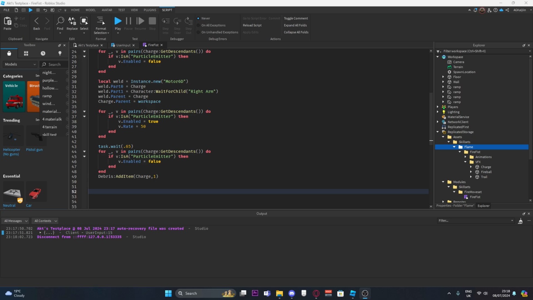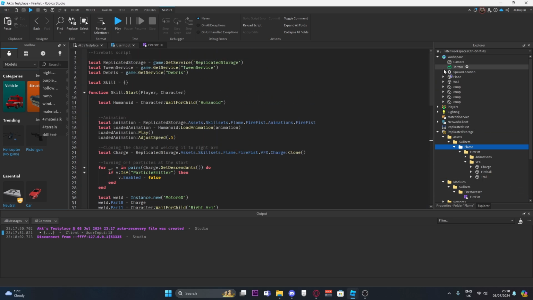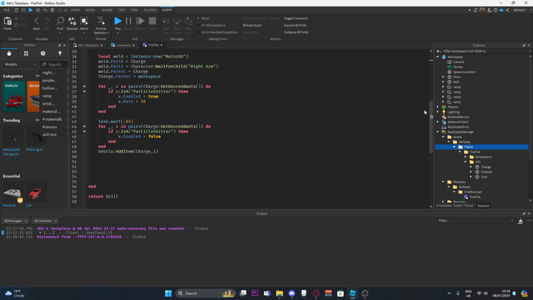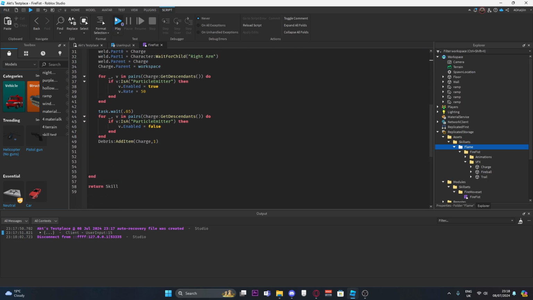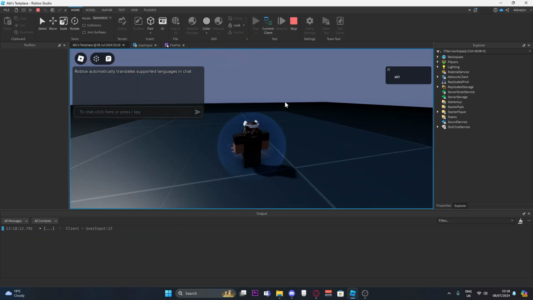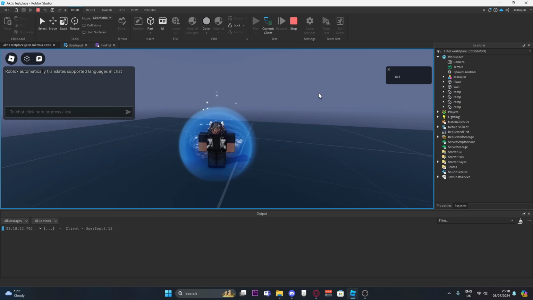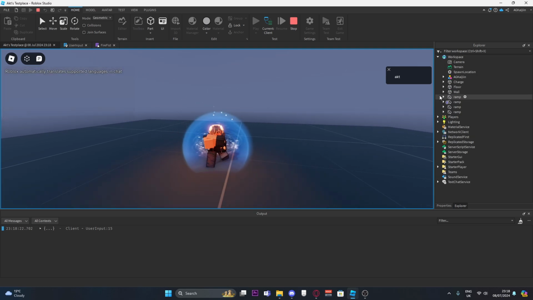And if it's a particle, it turns it back off. And then after that, it deletes it. The Debris add item is pretty much the way you can delete particles, delete anything. It's a better way than using destroy, because destroy isn't that effective. Everything has their uses, you know what I'm saying? So as you can see now, when I use the skill, instead of the particles just